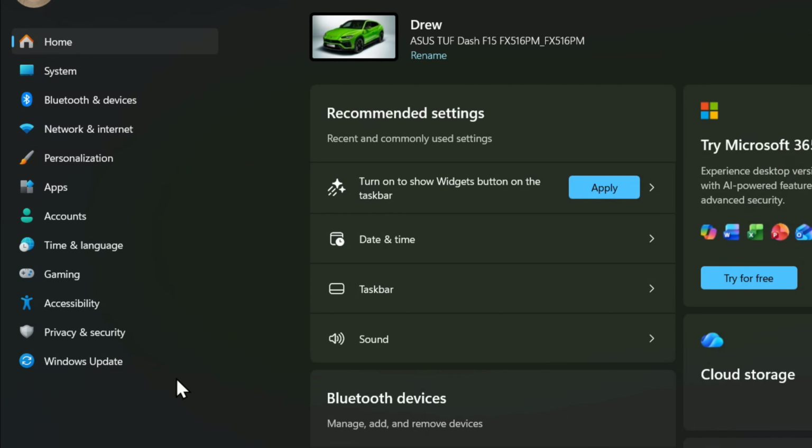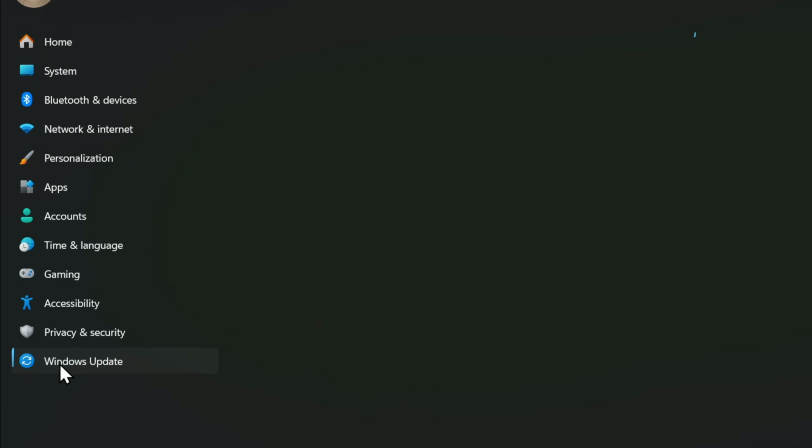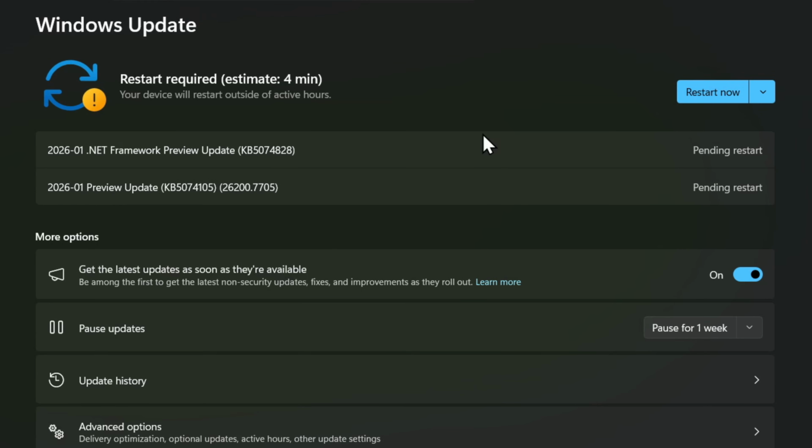Once you're inside settings, click on Windows Update on the left hand side and you will see the Windows updates right here. So in case you already have updates, you will see that it's telling you that you will need to download and install them, or it may say restart now so that you can continue to update those different